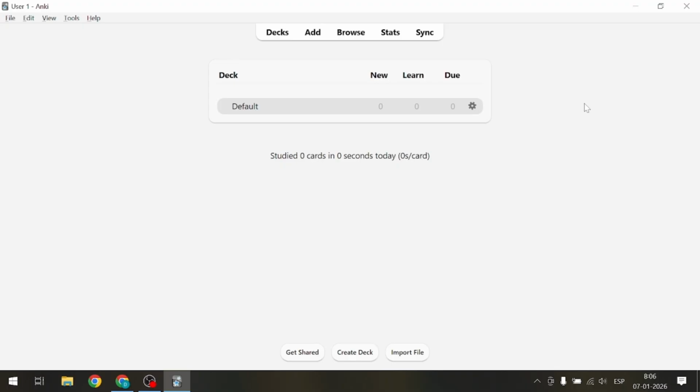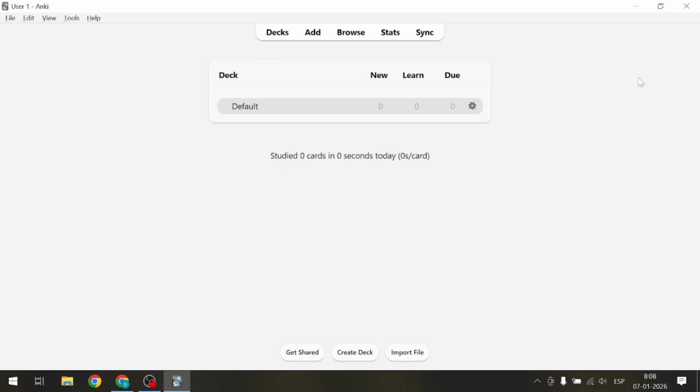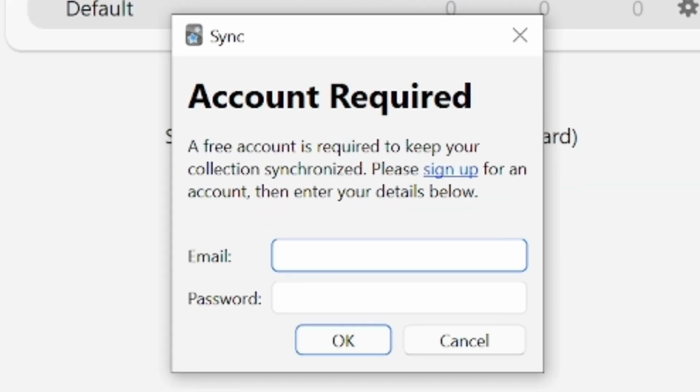The first thing you will see is a clean, maybe a little plain dashboard. It might look a little bit intimidating without any cartoon characters, but this is your new language learning gym. Before we do anything else, let's get your free Anki account set up. This is a crucial step. On the main screen, you will see a sync button in the top right. Click it and a window will pop up asking you to sign up. This account is the magic that lets you sync all your progress in all your devices. Your phone, your desktop, and even a web browser.